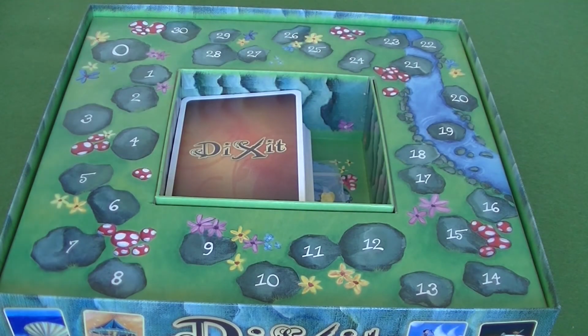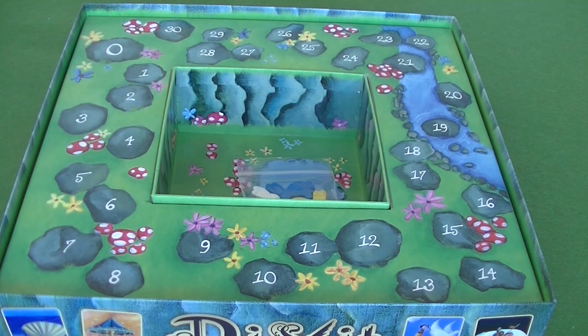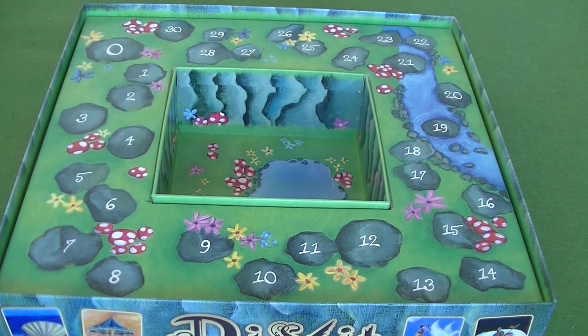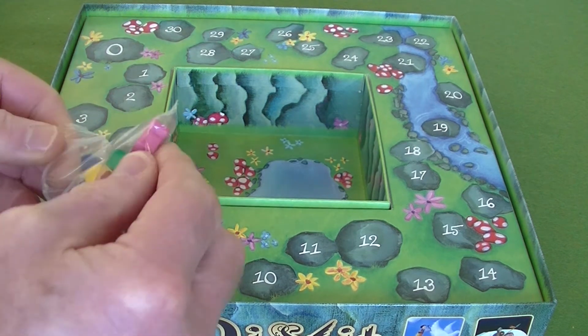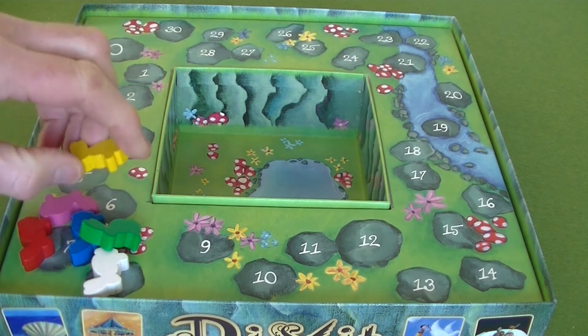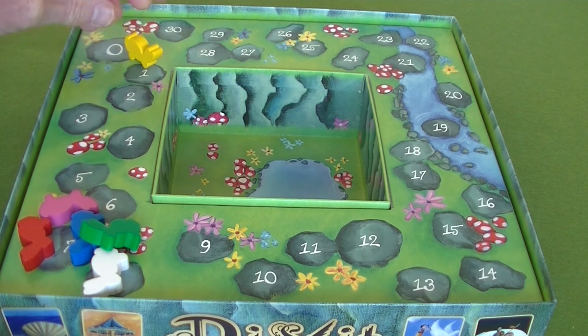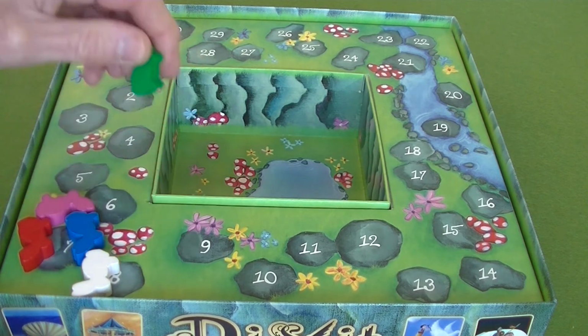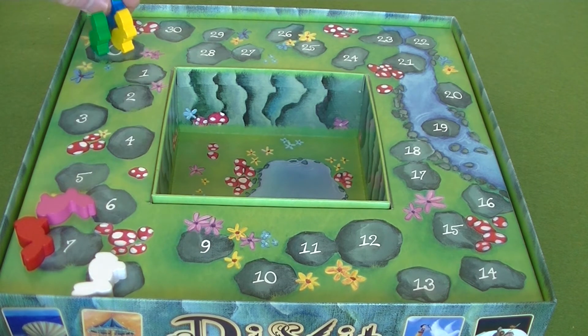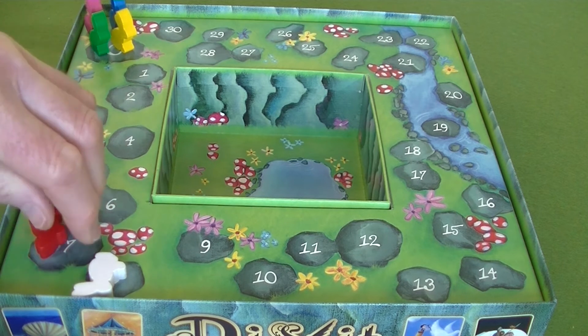But as you can see, it's almost like a kindergarten style of game. It is competitive, but in a very constructive way. It can be played by up to 6 players, and as grown adults you might be a little bit embarrassed about playing it, but each player is represented by a little wooden rabbit that you place on position 0 here, and the idea is to get your rabbit around to position 30, but you're not rolling dice or anything crass like that. What you have to do